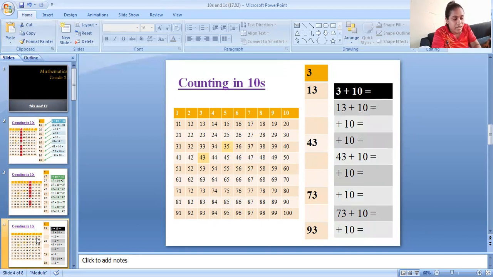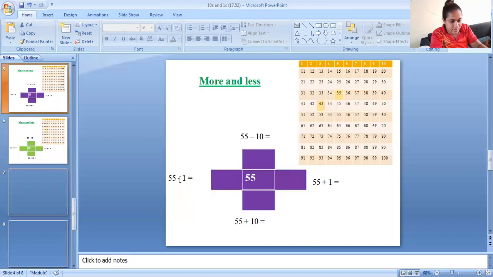Now here I have one more example, and after completing this I will send it to you. Then you should do this alone with 100 pairs. Right, here, this is for you all to do. I am not going to do this. You should do this alone after watching my video. You should ask your parents to copy this for you and you can do this. I will move to the next one.